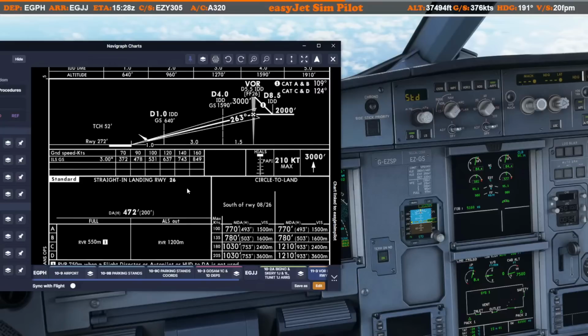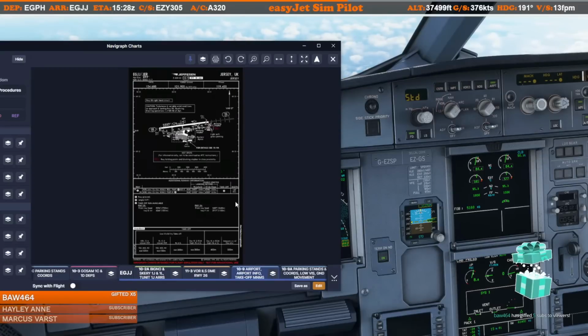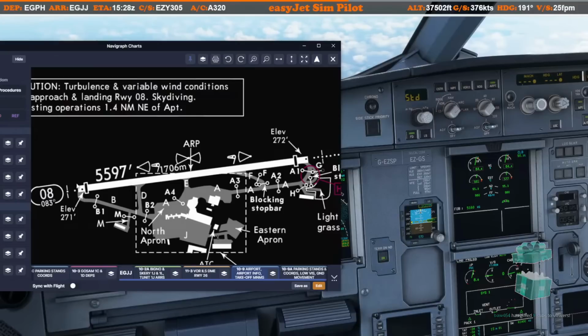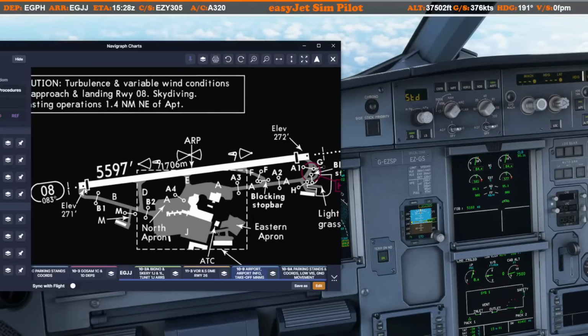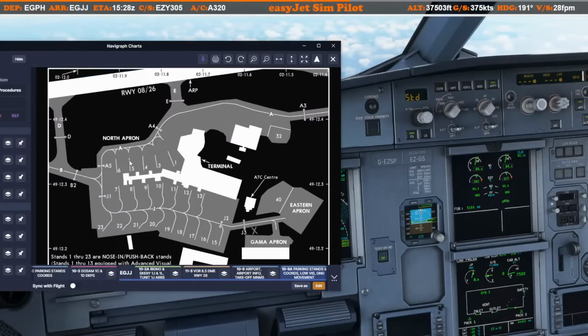What are we looking for? We're looking for a light. We're just looking for a single light that shows us the centre line of the runway. If we can't see that by 472, it's a go-around, and we'll brief the go-around thoroughly as well in a moment. Assuming, of course, that we have got in, then what happens next? Well, we'll vacate at Delta, or go all the way to the end. It's going on to Bravo, and then obviously left turns, backtracking,